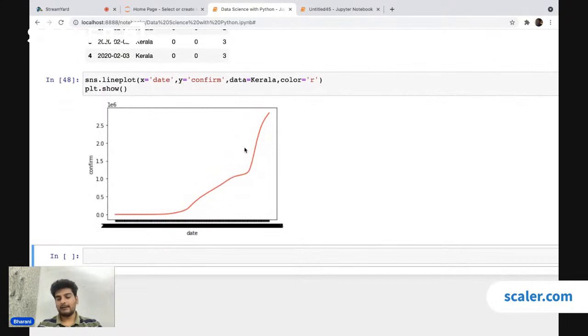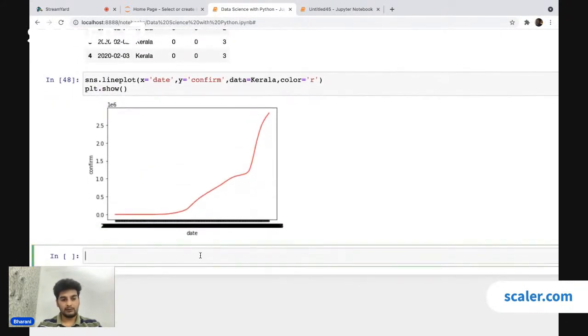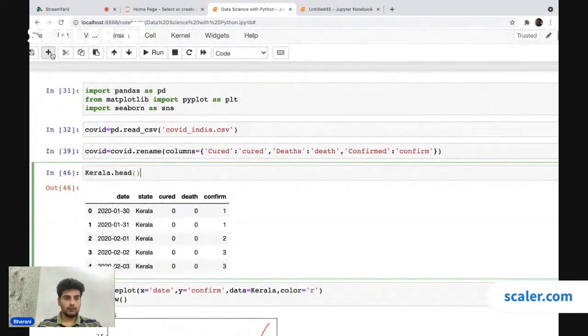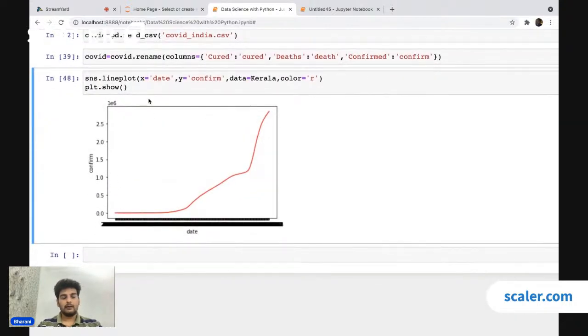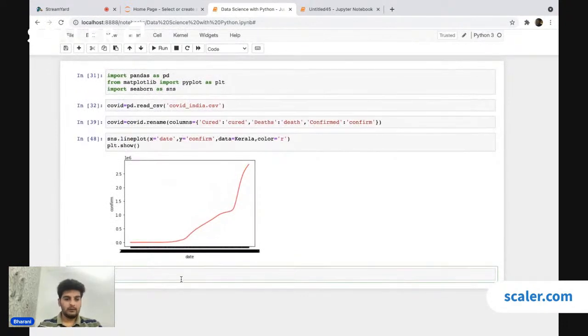So someone had asked me to analyze Assam state as well. Let's go ahead and do that. Let me remove this one over here. Let's cut it out. Let's keep the Kerala graph over here for reference. Let me reduce the zoom over here. Now what I'd want to do is